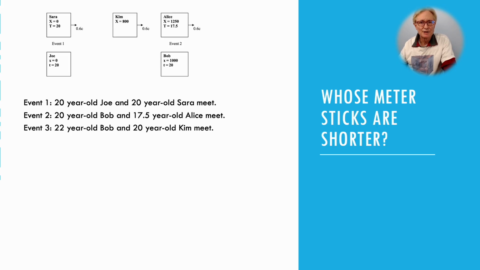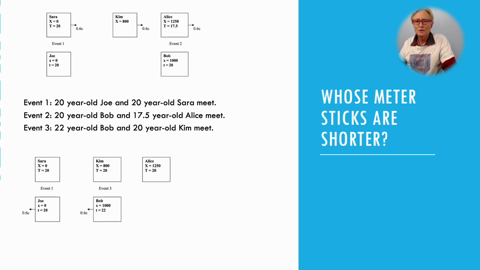The sisters and the brothers agree on the data labeling these three events as related by the Lorentz transformations, with the exaggerated time differences. Since the brothers are the same age, events 1 and 2 are simultaneous for them, and it's obvious from their organization of the events that the sisters' meter sticks are short, since the sisters measure the distance between Sarah and Alice to be 1,250 kilometers, while the brothers measure it to be just 1,000 kilometers.